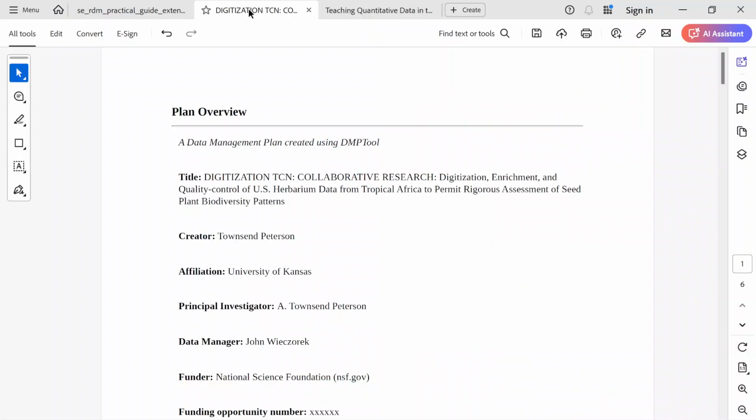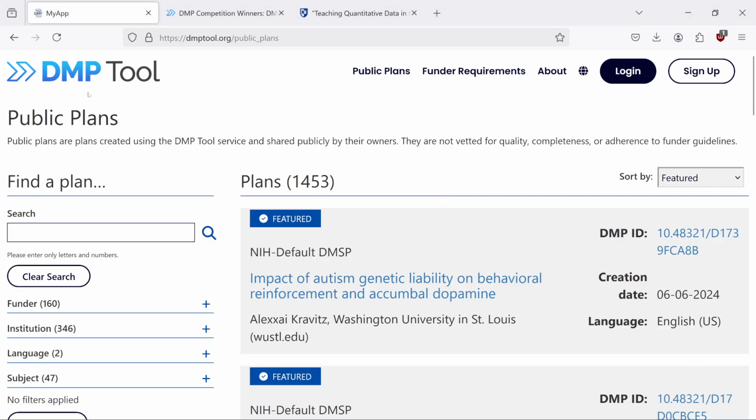The first DMP example is called Digitization TCM Collaborative Research. It is in biological science, and this DMP was found on DMPTool website under public plans. This link will be included in our slide, and we will share the slide later in the future. For the other